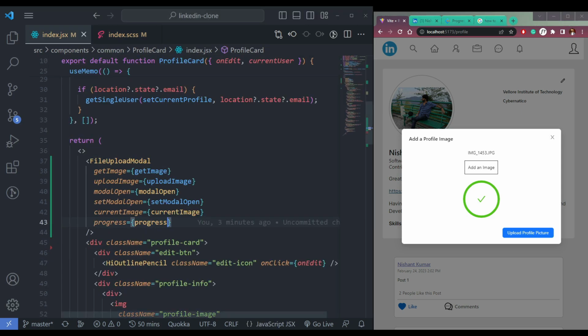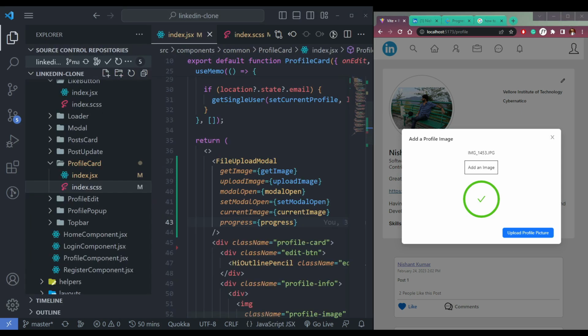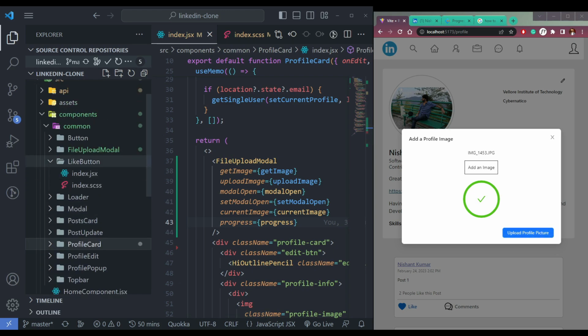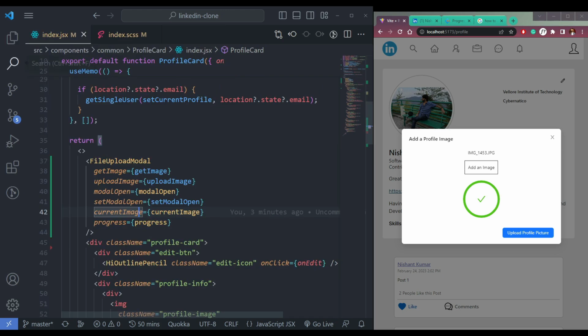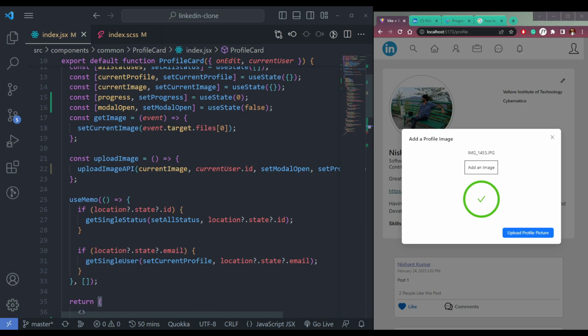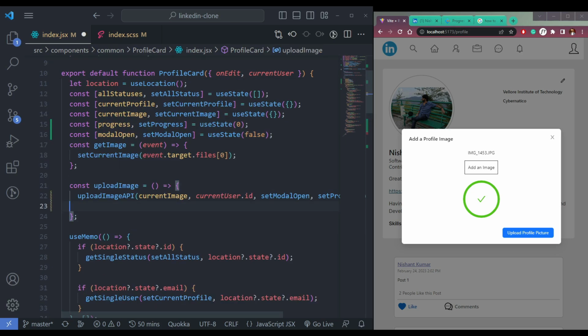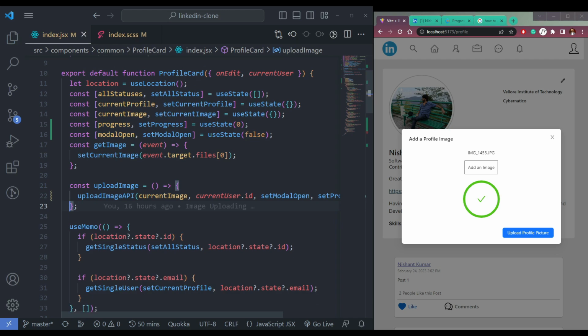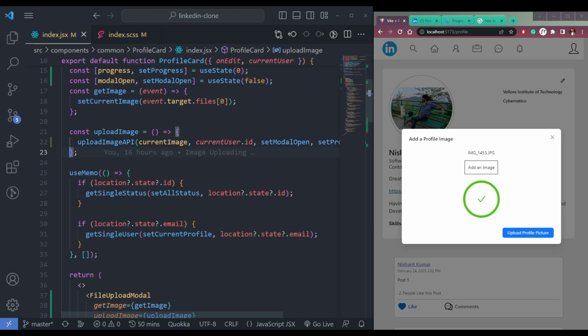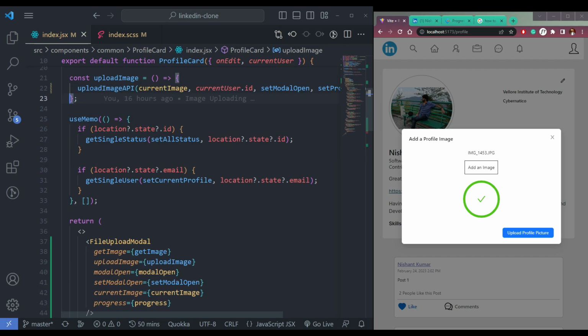One more thing that I forgot to do: when we upload an image, we need to clear all of these things from here, from the file upload modal. So we can come over to profile card here. So upload image, when it is done, how to clear them? Okay, where is the data? If we close this and open it again,